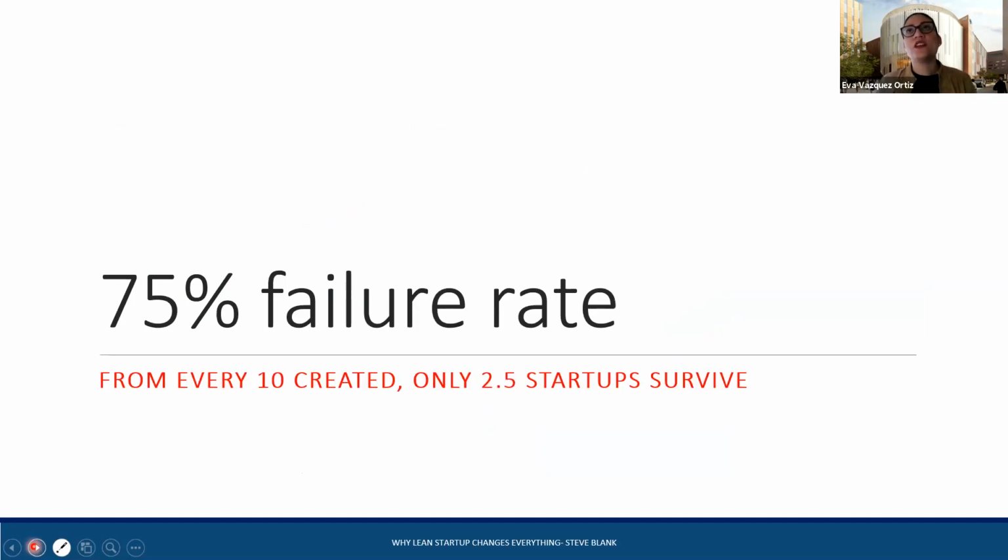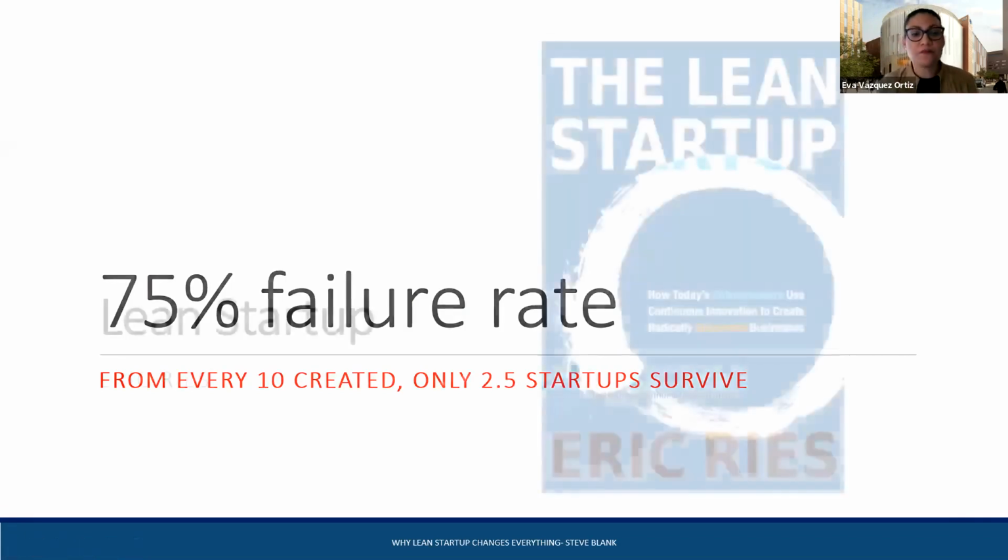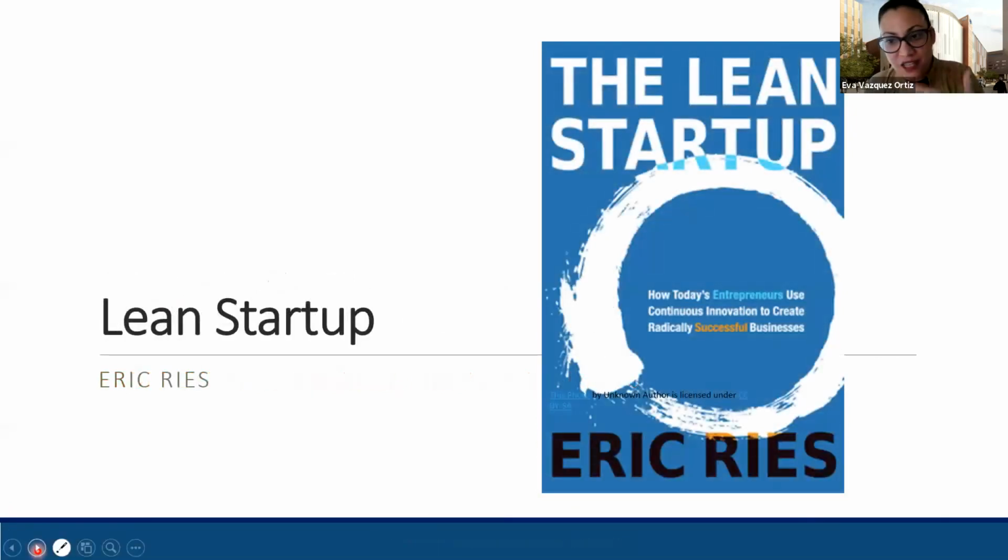So lean startup basically said, something is wrong with this system, with this methodology. We need to increase your chances of success. We need to do something so when you launch your startup, you're better prepared to go after that market and to delight your customers. So that's exactly what lean startup is all about. And again, there's a famous book, The Lean Startup, written by Eric Ries. You can look for the book, and there are many articles that talk about lean startup.